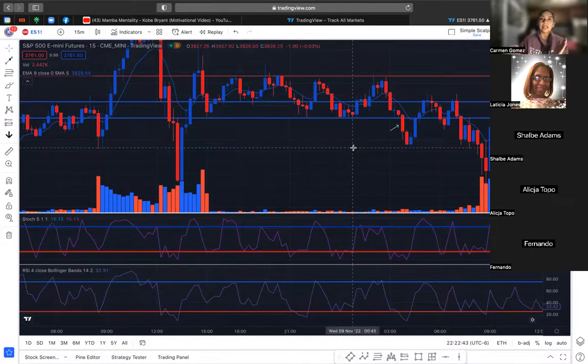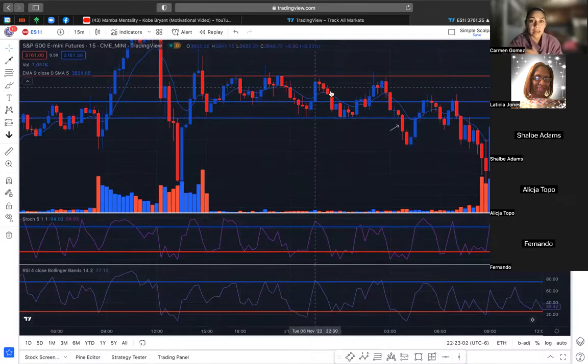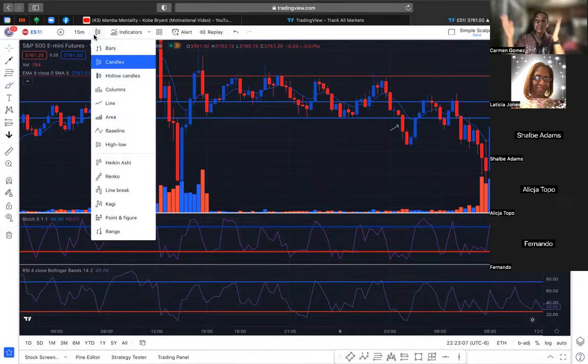You're probably wondering and asking, okay, Carmen, how do I draw up lines of support and resistance? How do I know exactly where to draw up that line? And for me as a new trader, that's something I extremely stressed about, because I didn't know whether or not to put it on the actual wick, which are the lines down here, or at the end of the body of that candle, meaning the dark shaded area, right? What's helped me is honestly over time, I kind of just eyeball it.